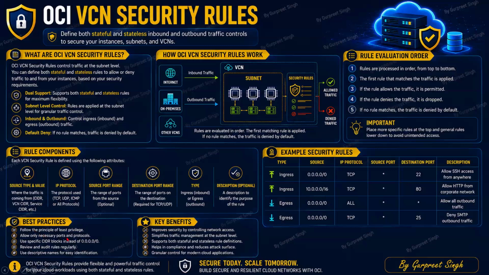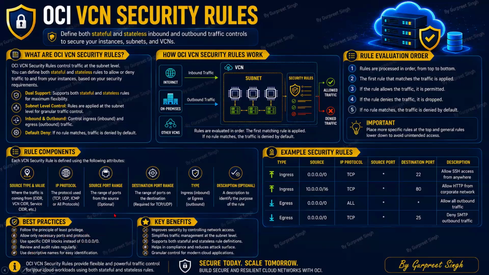So these are the few best practices that you should follow. You should follow the principle of least privilege. By default, you should not be giving the entire access. That means instead of using the entire range of IP addresses, you should give the particular CIDR, so that